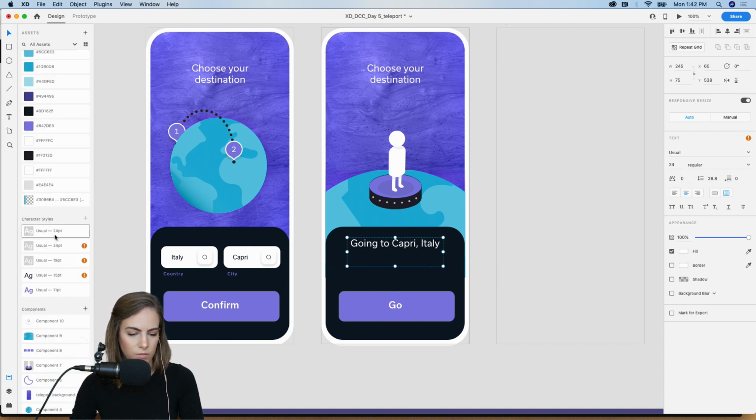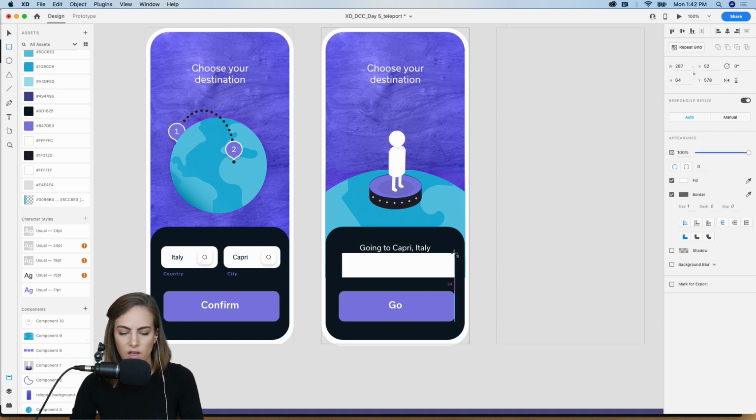And a little smaller. There we go. And then below that, I just want to add a rectangle to say like what time it is wherever we're going. I think that'd be helpful.